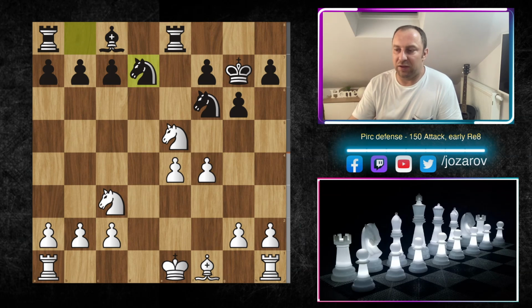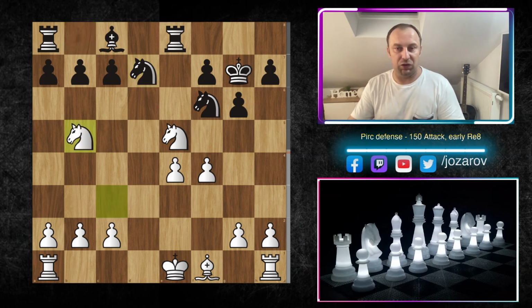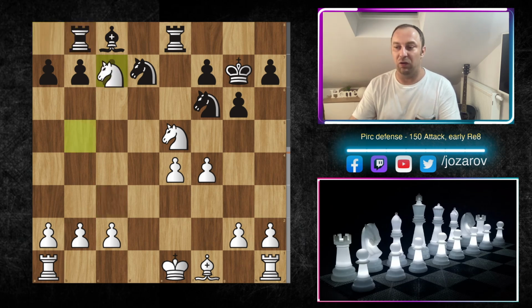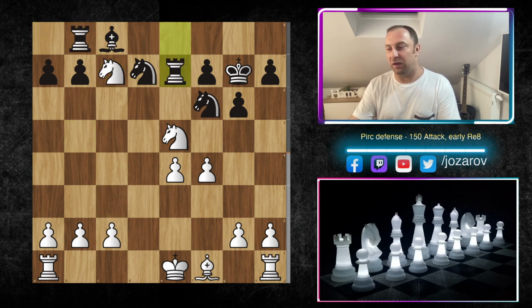Actually, knight to D7 is going to happen, and look at this. You can maybe even try to push this position, but actually Black can get out of this mess. Although Black will probably lose the pawn on C7, that's not a huge problem. Here, look at this, knight to C7, but now it's rook to E7, and now suddenly also the knight is